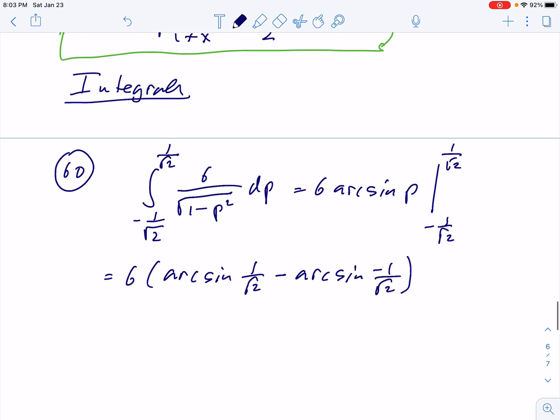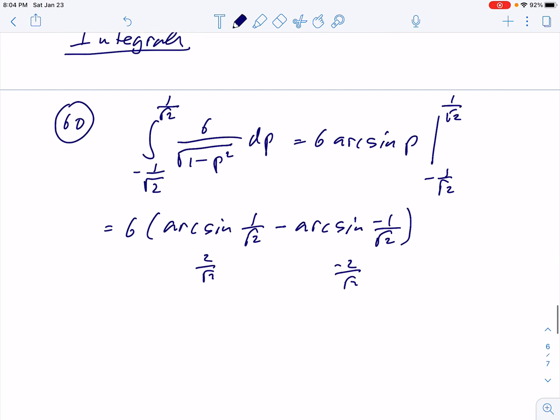These values now we have to recognize. Arc sine of 1 over root of 2. What angle has sine 1 over root of 2? Or you can multiply top and bottom by root of 2. It's 2 over root of 2. So that's like 2 over root of 2, and this is -2 over root of 2. Sine of pi over 4 is 1 over root of 2, and sine of -pi over 4 is the